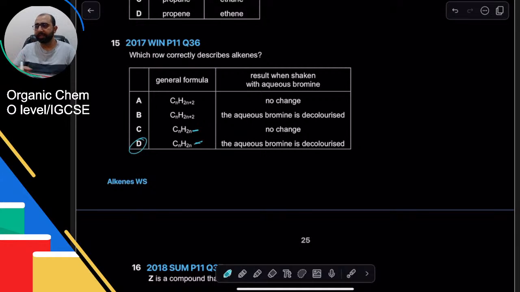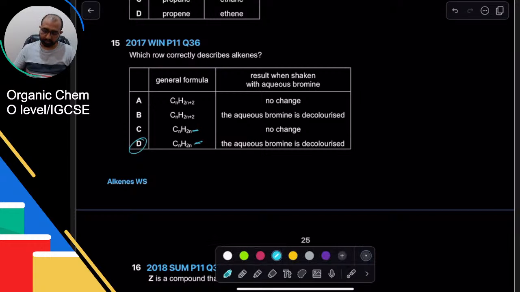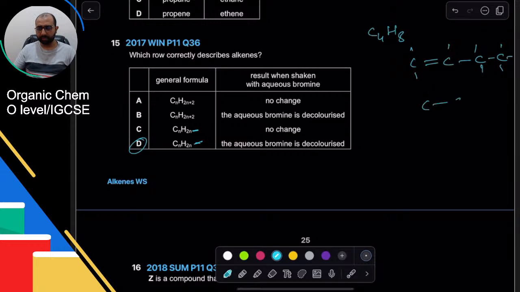Now you might wonder, how is it possible that the formula is CnH2n? It is possible that it's a cyclic compound. Cyclic compounds can have no double bond, which means they will not do addition, but their formula can be that of alkenes. I'll give you an example. Let's suppose I want to make C4H8. One option is that I have a double bond and then fill up the rest. But there's another option. What if I create a ring out of them? This became a square. Now it has 8 hydrogens, but this is not an alkane. Oh, sorry, alkene. It is a cyclic compound. So that means it will not do an addition reaction.